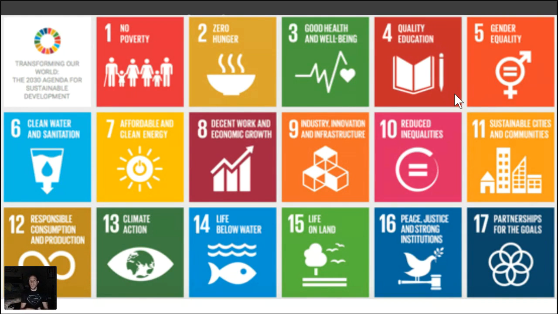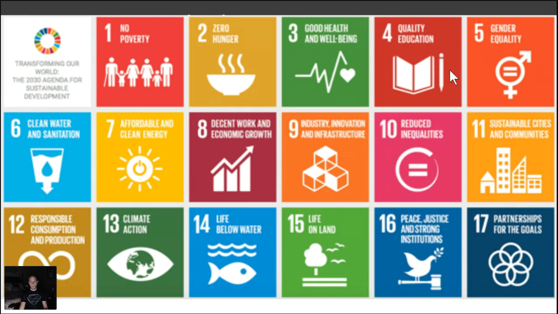So I would look through the MDGs. These are Sustainable Development Goals. I would look through the 8 MDGs and figure out how they play into other units of the course and be able to write about them in a few scenarios. That might be a lot of work. I don't know that they're going to throw the SDGs in there, but they're very similar. They're just a little bit more broad in terms of their scope and scale.